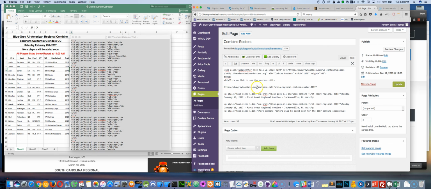All right, I'm going to go ahead and explain this. You don't have to put the bluegrayfootball.com part on there, but you do have to have that slash. Take from the slash all the way to the end, copy that, and paste it right in between the quotation marks for the href. This is the link, the page it'll go to when you click it. So I'll paste that in for the Southern California